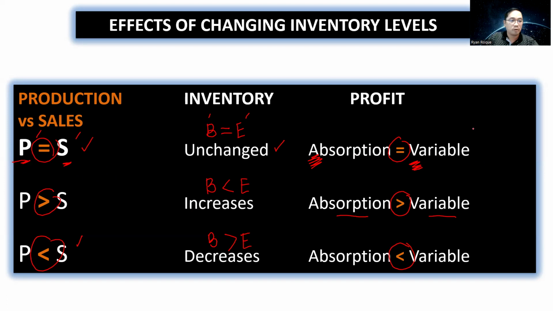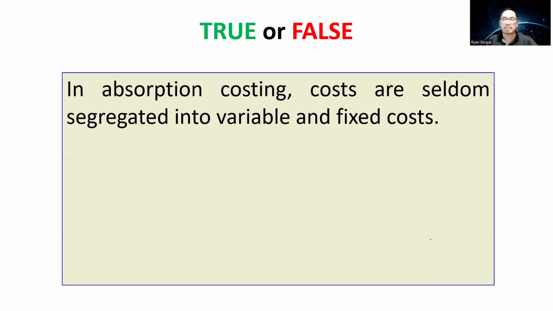All right. And for the throughput costing method, we will just add throughput costing method at the end of the comparison. We just copy the sign and then add the throughput costing method here. Then we copy the sign again and add the throughput costing method at the end. All right, so let's have some exercises.